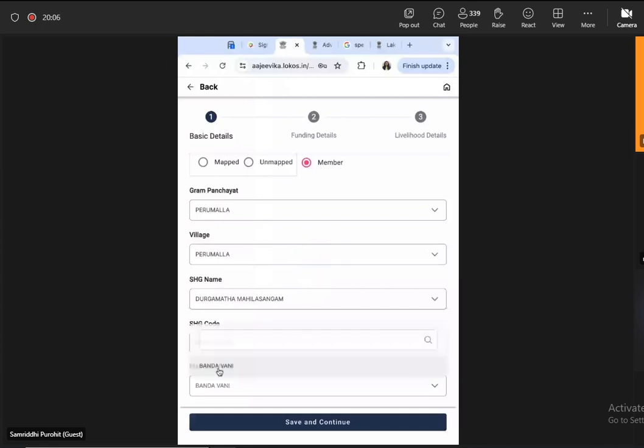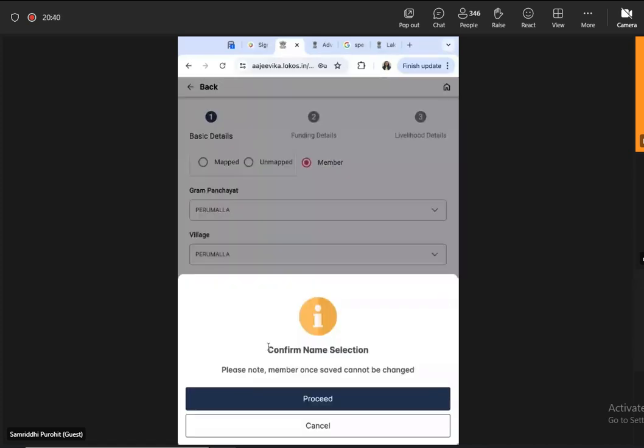So as you can see, there are instances where the system is giving you an error so that you can take action on that error. When it says that there are no approved members, that means either the members who were approved have already been added, or they have still not been approved in the system. For any details or profile to be added here in Digital Ajivika Register, your member needs to be at least once approved and active in the system. That is the prerequisite here. So I would save and continue.